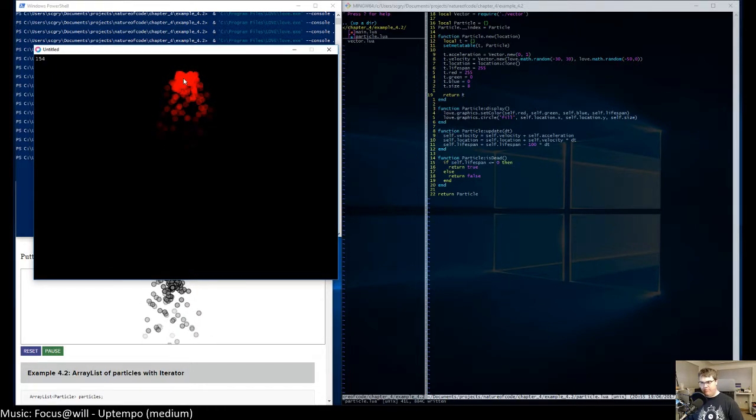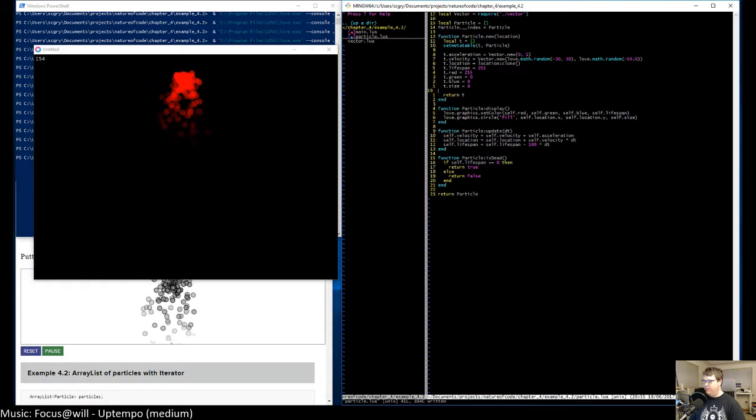That does give me red and sort of fades away, but maybe what might be nice is changing this to love.math.random and give it between maybe like 5.